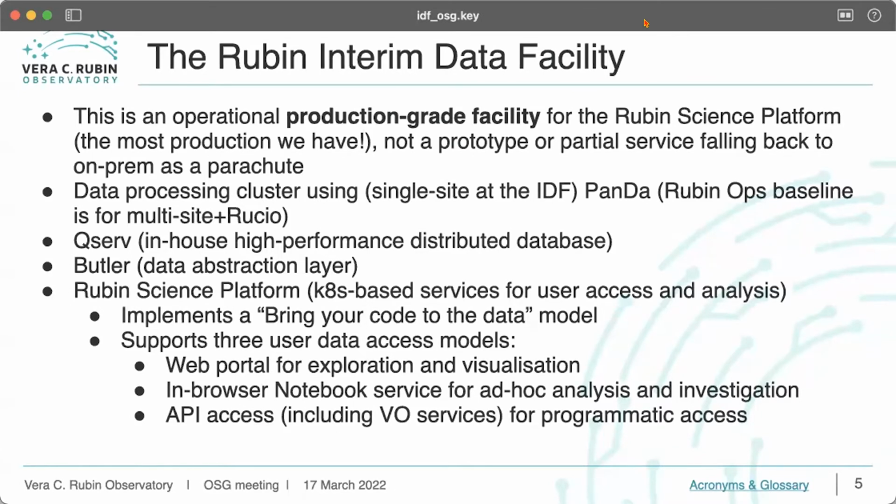At LSST, we have developed our own high-performance database management layer, which is Qserv, that runs both on premises and on cloud. We have a data abstraction layer that processes a data model, which also runs both on premises and on cloud. And the Rubin Science Platform, which is this collection of services oriented towards the iterative and ad hoc interaction that users have with astronomical data sets, is the part that is going to remain on cloud, because the advantages of keeping that on cloud are really compelling and actually worth the cost differential.